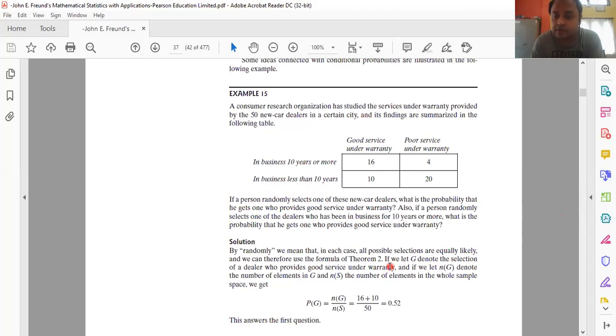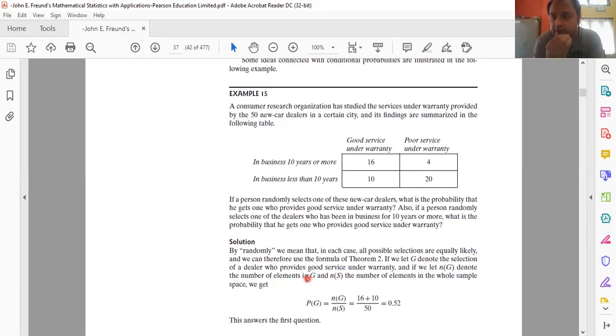So here you have to define what event you are actually dealing with. First of all, they have assumed that capital G denotes the selection of a dealer who provides good service under warranty. They have named the event as capital G, and let small ng be the cardinality of capital G. If this is your event, what is the cardinality of this particular event? So ng denotes the number of elements in capital G,